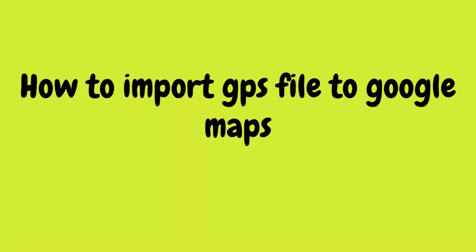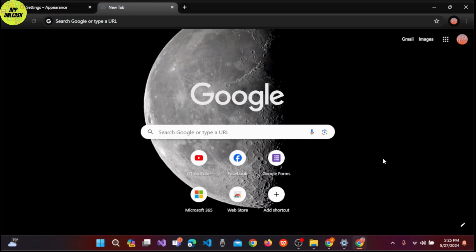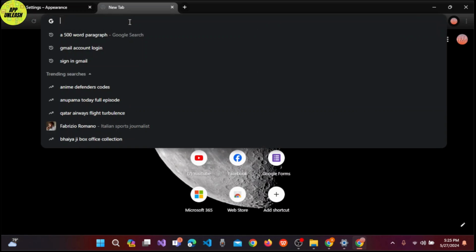How to import GPX file to Google Maps? In order to import GPX files, you have to open your browser, and when you open it, at the top you can see the web address bar, or the address bar. Click on it, and here you need to type in